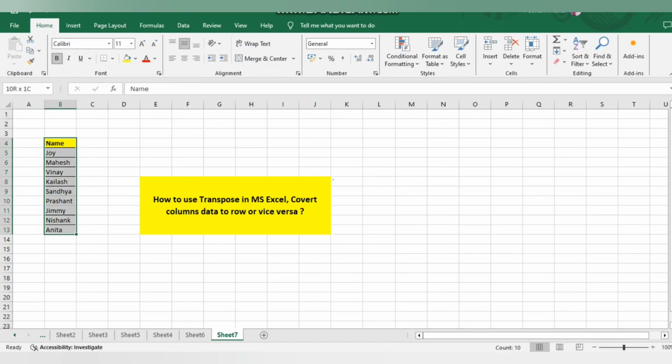First of all, you need to select the entire data. Post doing that, where you want to paste it, select that particular column. First we will do it manually. How can we do it? Go to Home at the top of the screen, click on